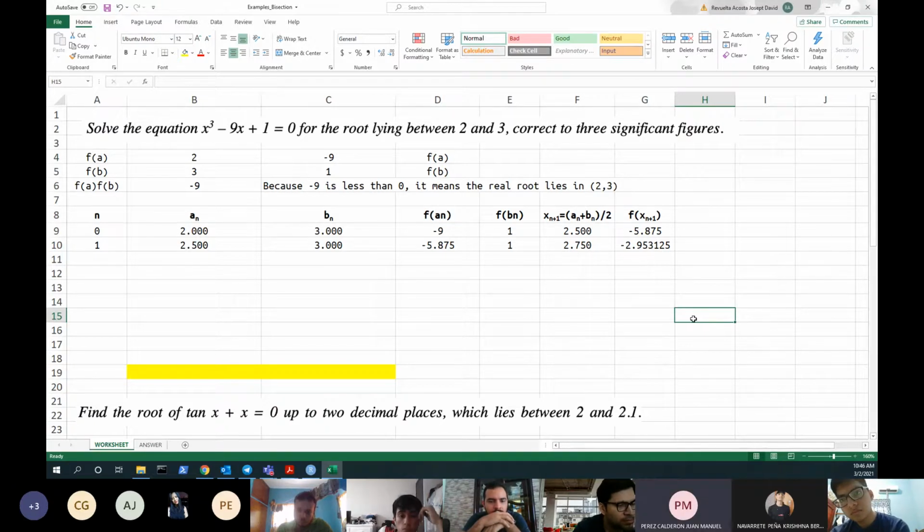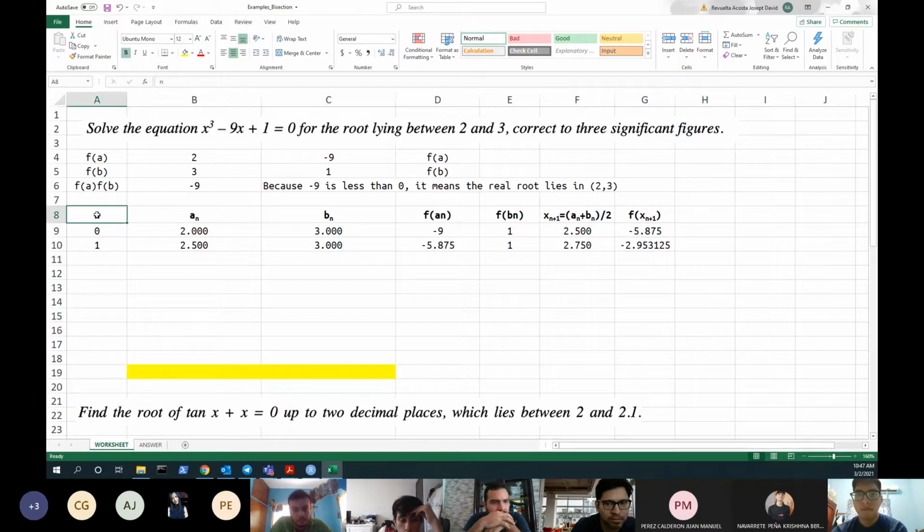Sí, profe. Sí. Good. So now, to solve in Excel, I propose the following method. I'm proposing my own method because that's what I like. So I'm proposing this one. It's n, which is the iteration. A is my lower limit. B is my upper limit. Of course, F evaluated in here, and then